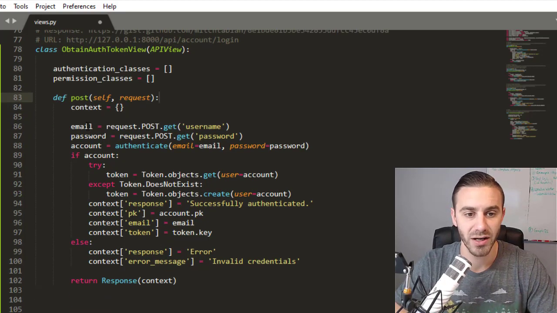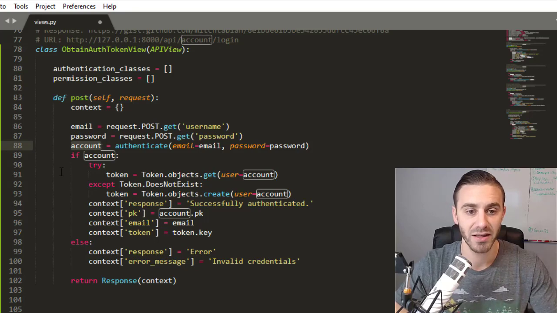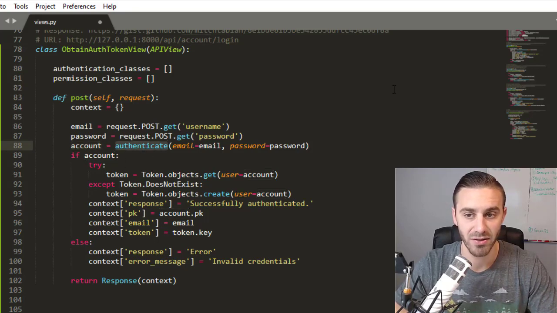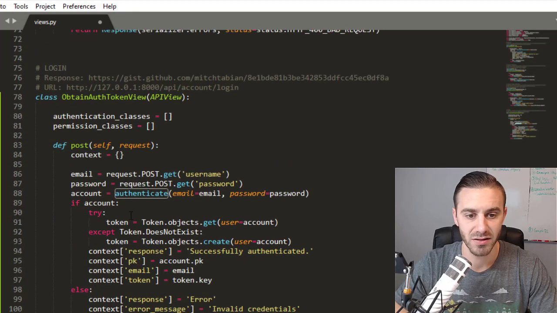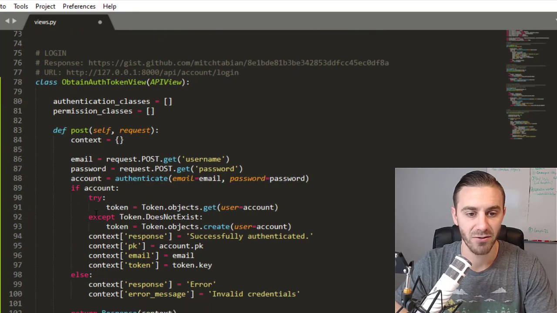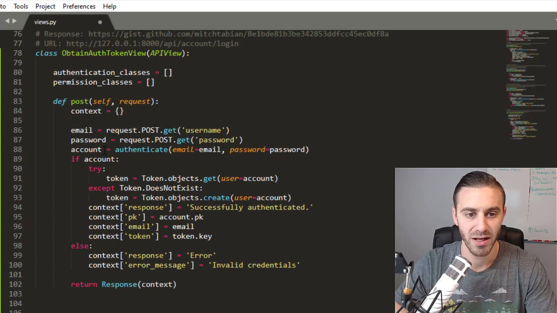So all we're doing is we're getting the email, the password, and then creating or authenticating using that email and password using the authenticate method, which I imported at the top here. There's authenticate. And if we scroll down, let's see what else. So it says if the account, I'm just going to give myself some more room here. If the account